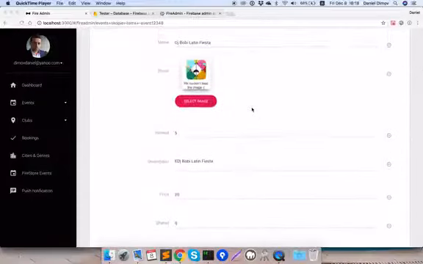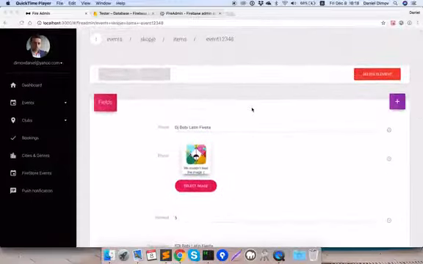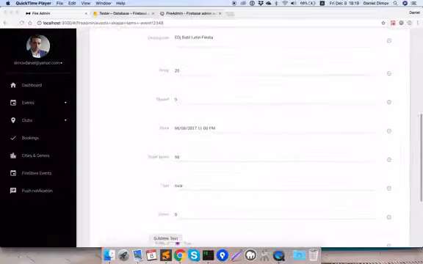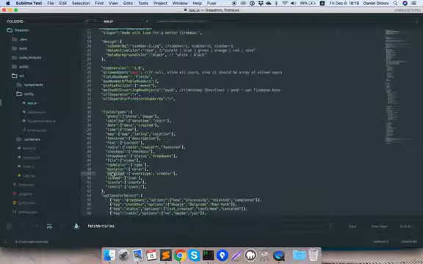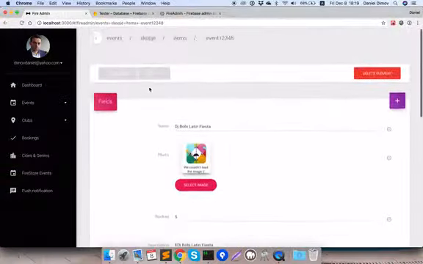Hello everybody. One of the most requested questions is how to set up a relation inside FireAdmin. So how to set up this relation field. Let's start with an example. So this is an event